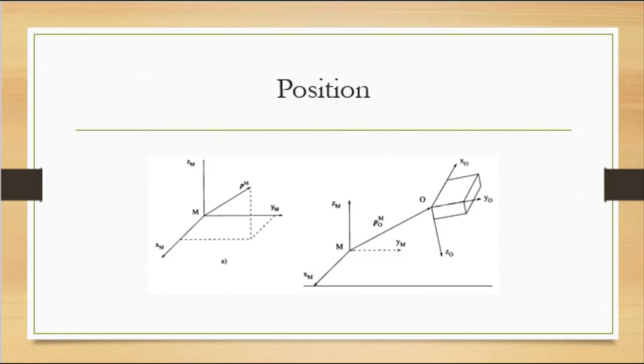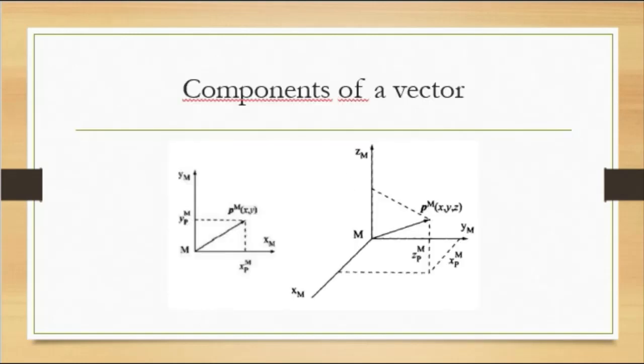A position is unambiguously established by a position vector Pm with 3 components with respect to a reference system called M, with the origin of this reference system as the start and the position as the endpoint. The components of the vector Pm are the projections onto each of the axes of the reference system M, and we represent the point Pm with the